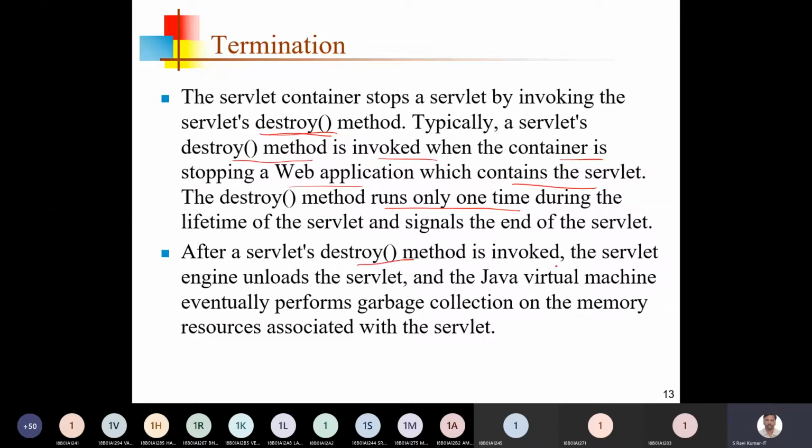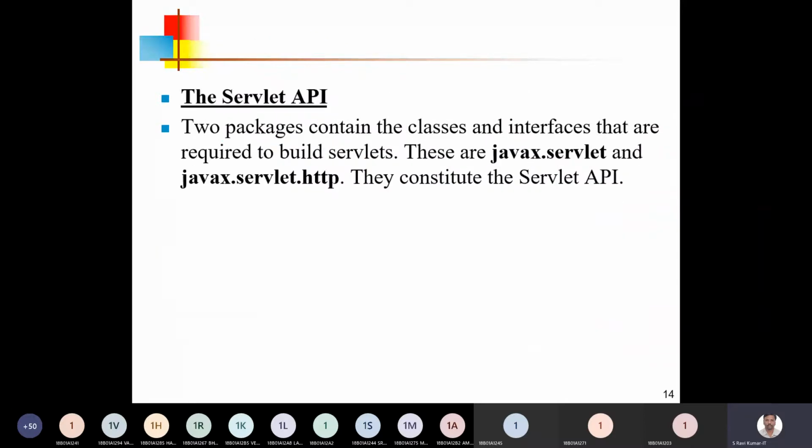Once destroy is called, it is unloaded from the memory, and then the JVM performs garbage collection by calling the finalize method upon the servlet object itself. This is a simple termination discussion.